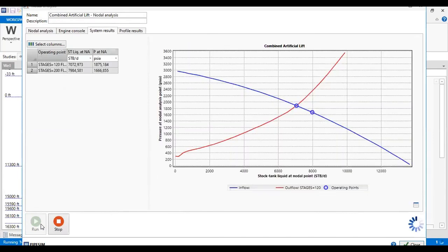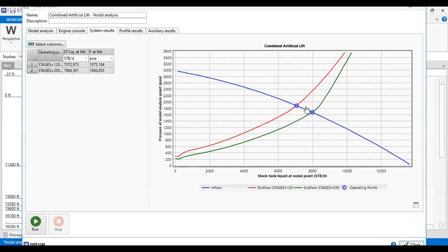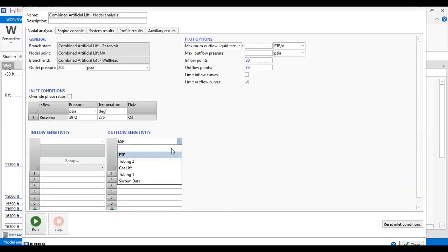All right, I will increase the flow rate. I will change the VLP without changing the IPR, right? That will happen if you increase the number of the stages. All right, and let's see if we want to change the gas lift now. Previously, I changed the stages of the pump.